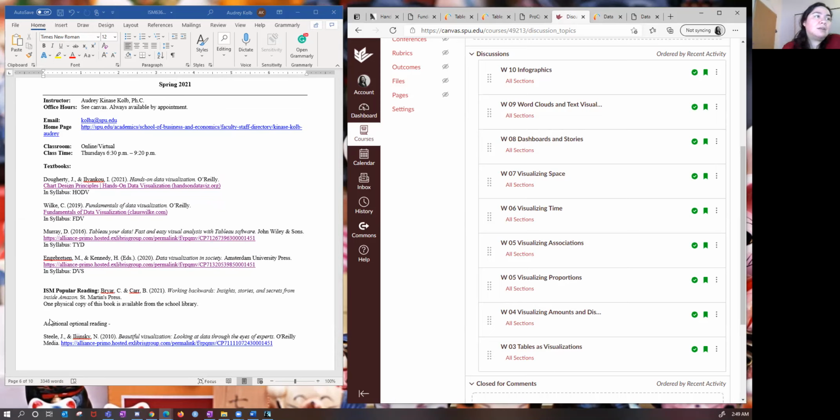Oh yeah, also this additional optional reading, because I don't have enough on here. But this is a really good data visualization book, with beautiful visualizations. I didn't want to assign another one on top of it all, but that's another nice one to look at if you can. All right, that's it.